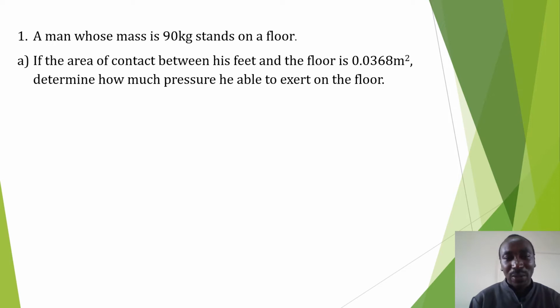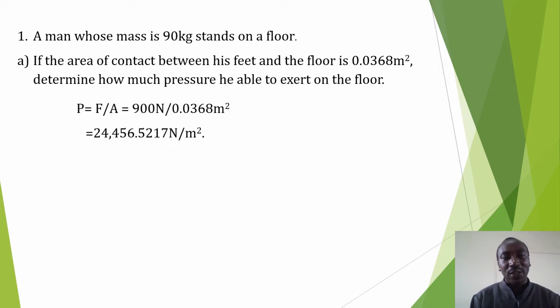So we have said that pressure is equal to force over area. Remember here you have been given mass, but we want to use force or weight. And remember that weight is equal to mass times gravitational field strength, which is 10. Therefore, you have to convert that mass to weight. So pressure is equal to force over area. To change mass to weight, you multiply by 10, you get 90 times 10, which is 900 newtons, divided by the area, it's already in SI units, 0.0368 square meters, and therefore the pressure he is able to exert on the floor is